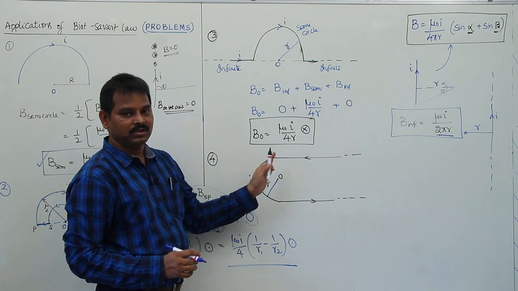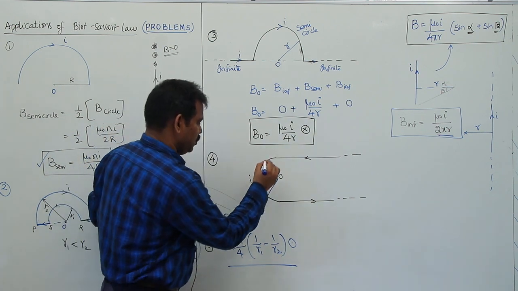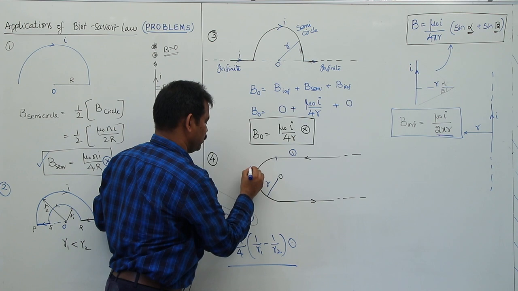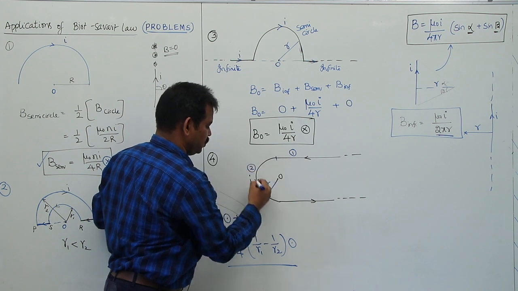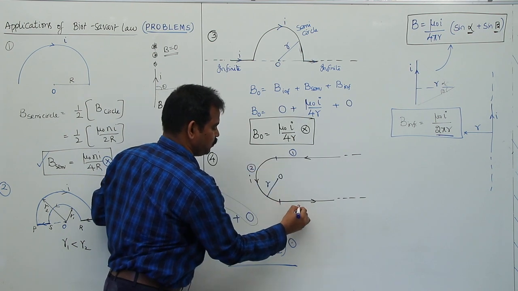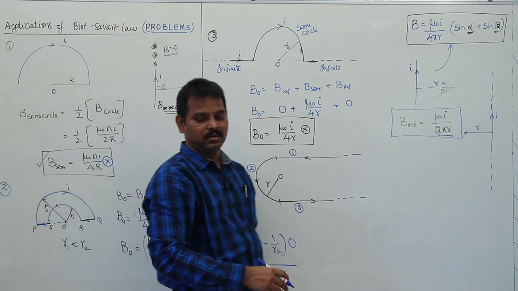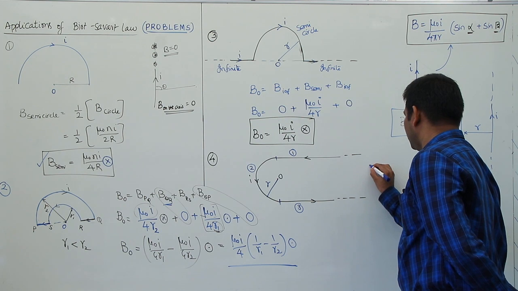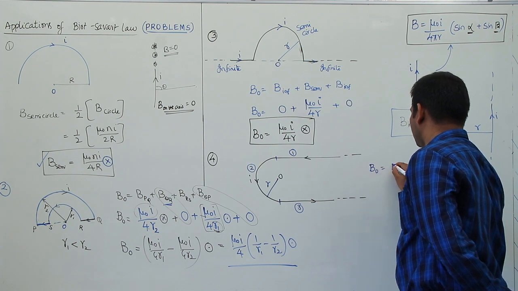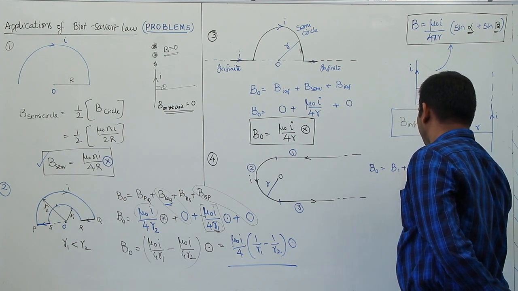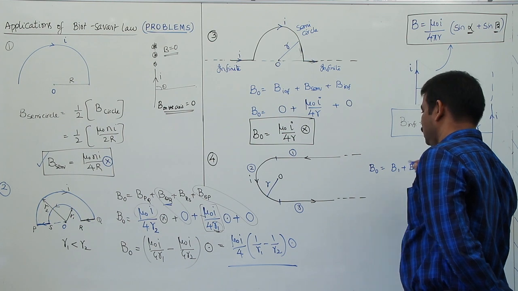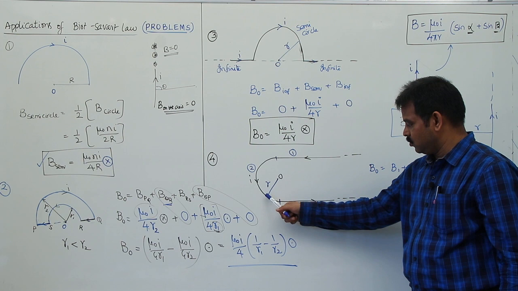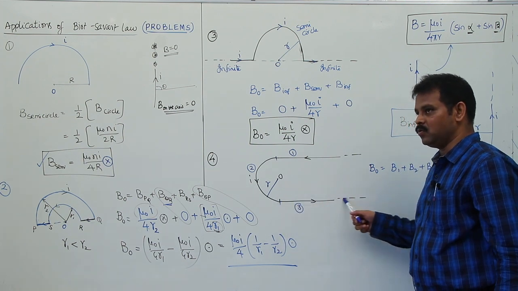so now once again this can be divided into three parts. From there to here, this is an infinite wire. So let me take it as part 1. This is part 2, the semicircular wire, and here this is part 3, a straight conductor. Now here what I am going to do, the magnetic field at O, BO, is given by B1 plus B2 plus B3. That is the magnetic field due to the first part plus the magnetic field due to the second part plus the magnetic field due to the third part.